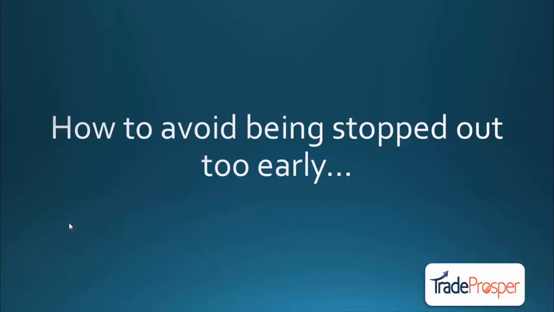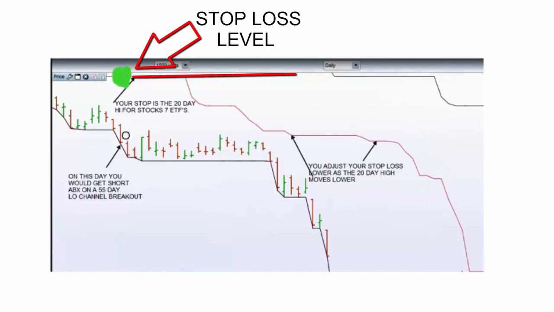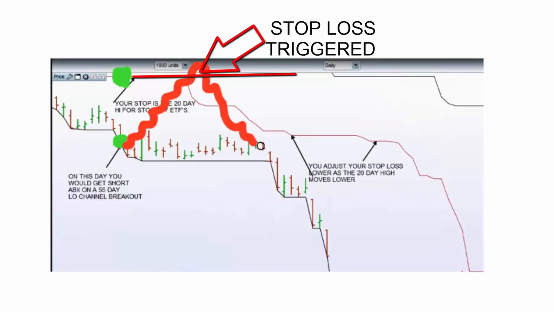All right, so now I've shown you how the size of your account plays a role. I want us now to look at the second part of the equation. Remember, we spoke about how stocks being so volatile, the worst thing that can happen is you've done all your homework, the trend is going to happen, you're in the trade, but because of the risk management we have to adhere to, you get stopped out unnecessarily. Or rather, the market itself momentarily spikes up, triggers your stop loss, cuts you out of your position, and then from there it goes lower.